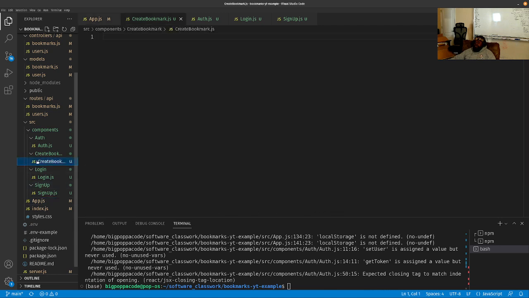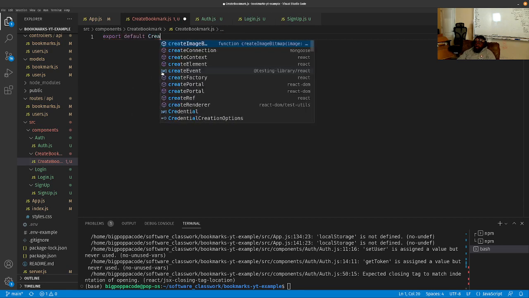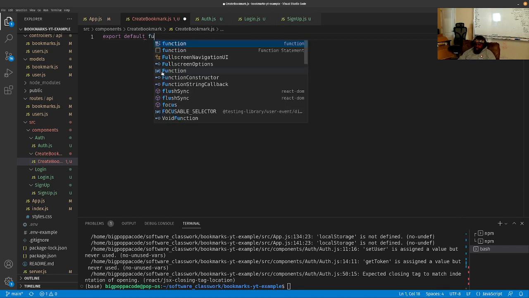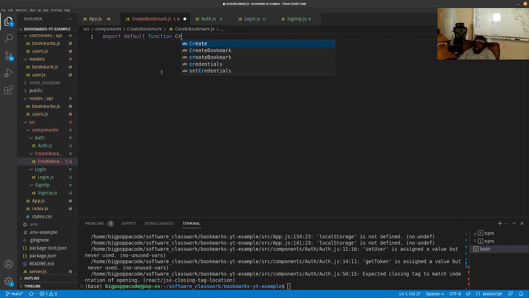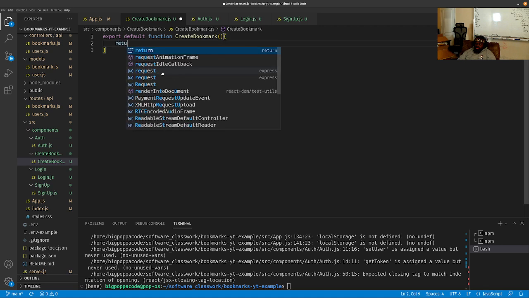And then we're going to come over to create bookmark. We're going to say export default create bookmark, function create bookmark. Boom. Will return